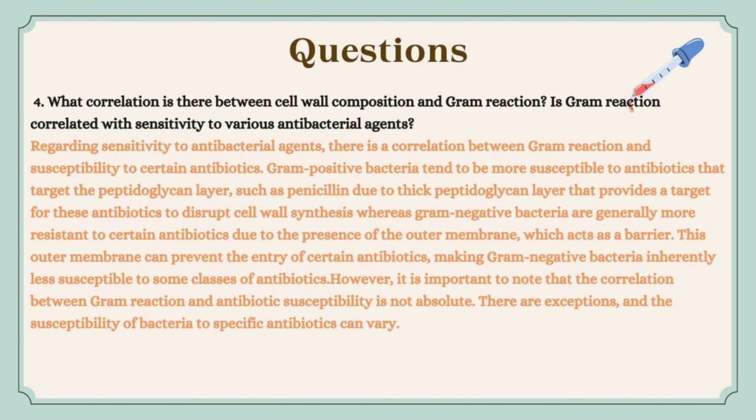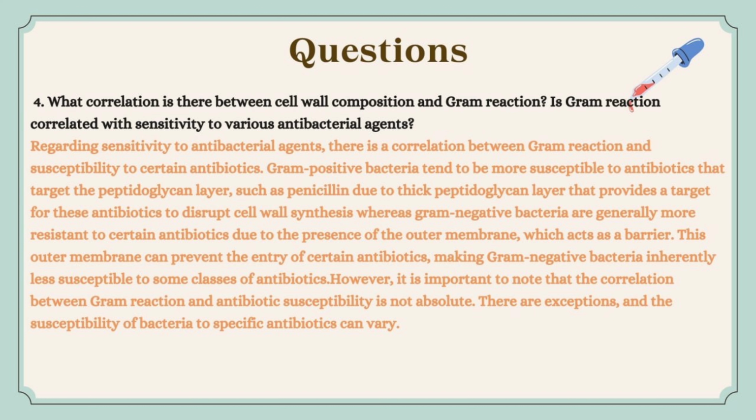What correlation is there between cell wall composition and gram reaction? Is gram reaction correlated with sensitivity to various antibacterial agents? Regarding sensitivity to antibacterial agents, there is a correlation between gram reaction and susceptibility to certain antibiotics. For example, gram-positive bacteria tend to be more susceptible to antibiotics that target the peptidoglycan layer, such as penicillin. This is because it has a very thick peptidoglycan layer that provides a target for these antibiotics to disrupt